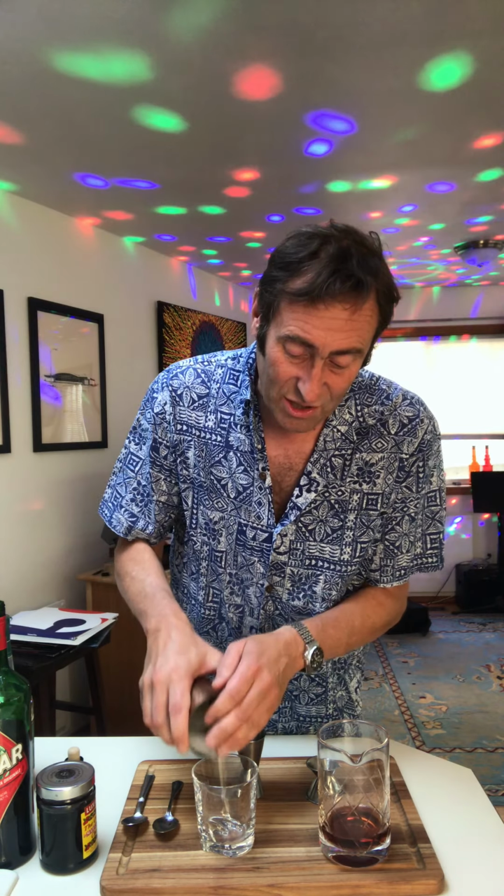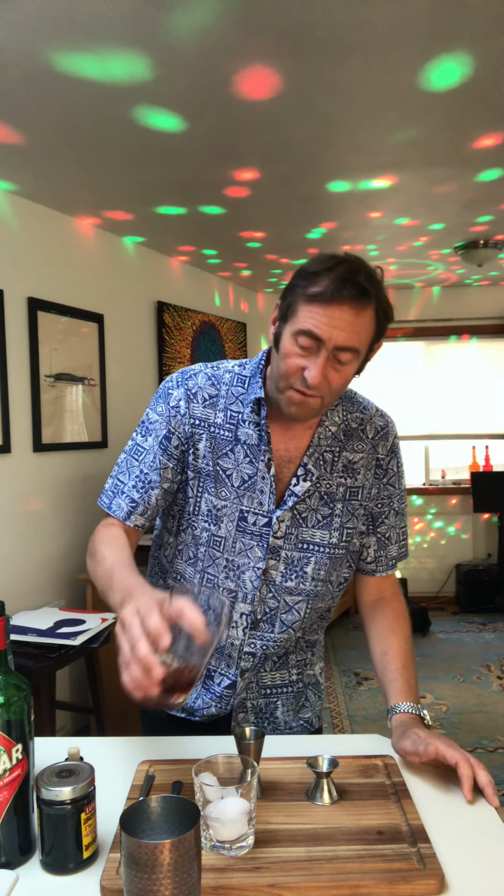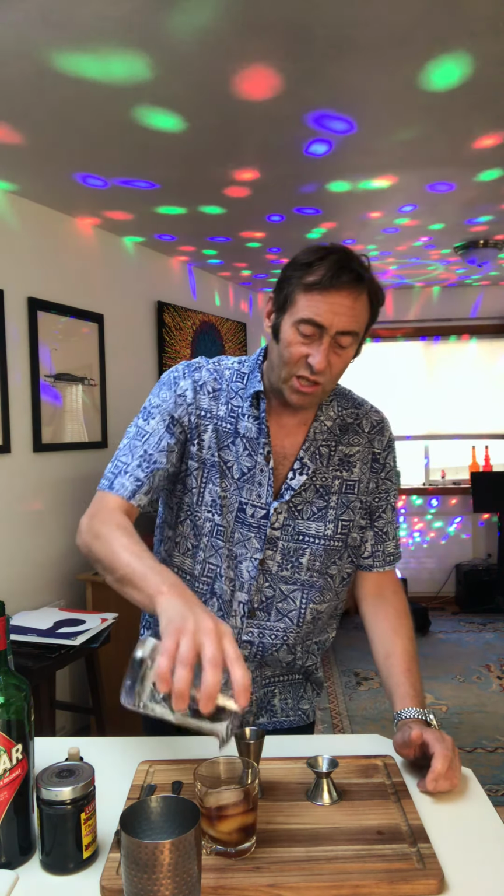I'm going to put some ice. So this is where the instructions got kind of interesting. I'm going to put some ice into my rocks glass like so, and pour half of this in there. That's about right. And stir that for 5 or 6 seconds to apparently get the correct dilution. That's about 5 or 6 seconds. Pour the rest of this in there, like so. Add some more ice,